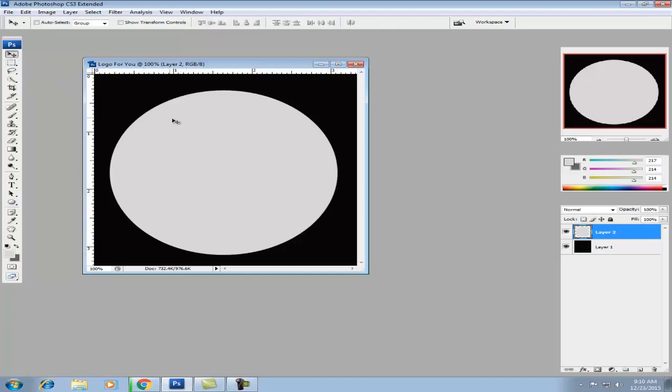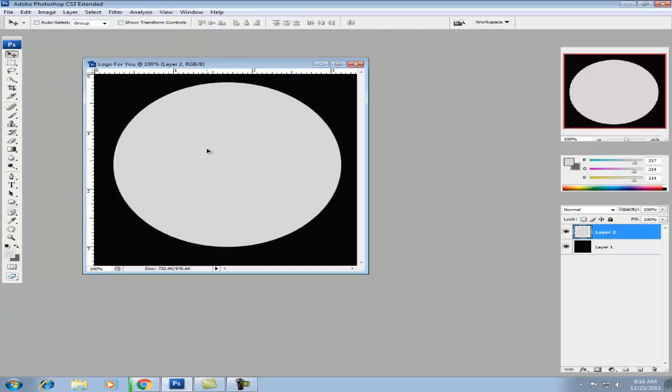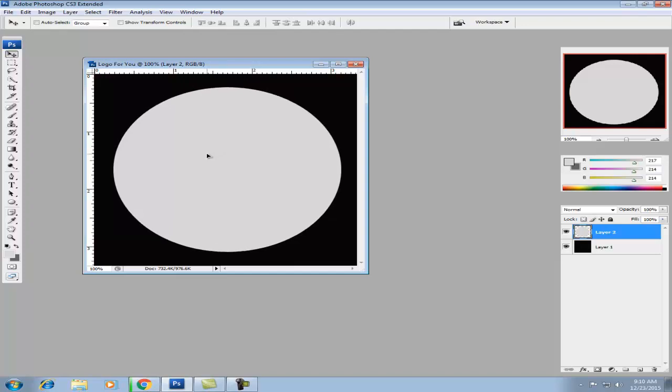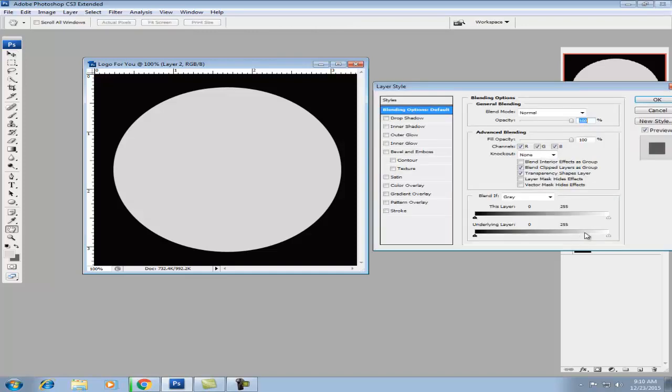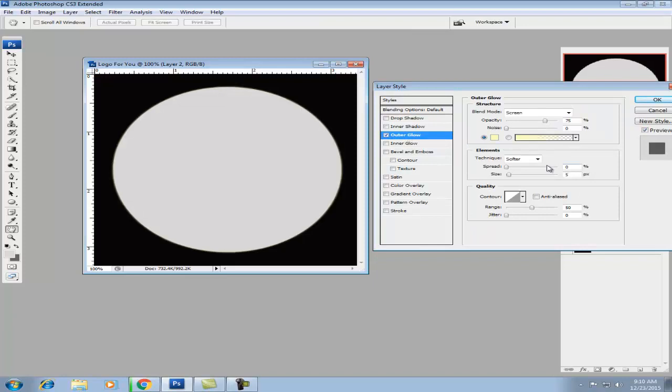Then you're gonna move it to the center. This is why you don't need the perfect circle at all, because you can move it to the circle center. Then we're gonna need an outer glow.